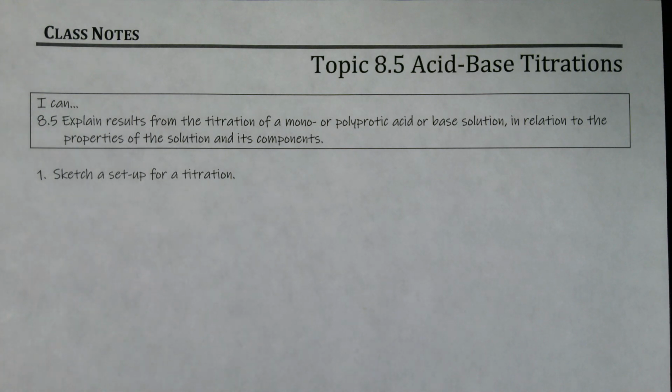So we did a titration back in topic 4.6. That's where we had a burette, we had NaOH in the burette. We dripped that down into an Erlenmeyer flask of an unknown concentration of hydrochloric acid, and we had an indicator down at the bottom. So what I want you guys to do right now is go back to topic 4.6